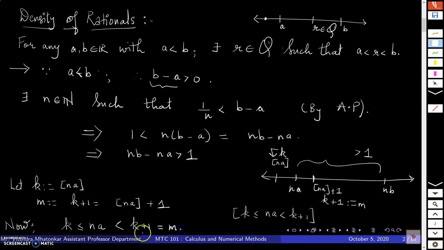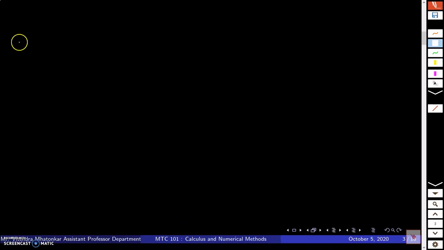So finally what I end up with is this number NA, which you can see here, is strictly less than the integer m. Okay, so I will take a note of this separately. So note that NA is strictly less than m. I'll give this some number, let's say Roman number 1.